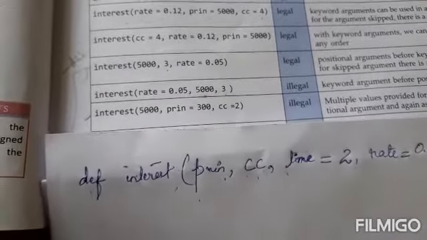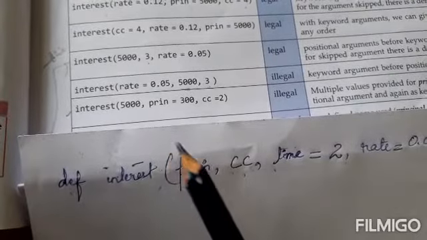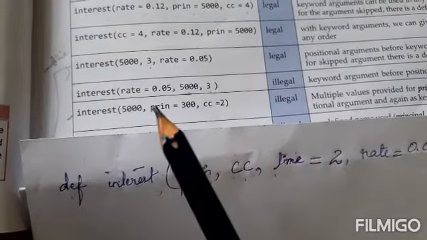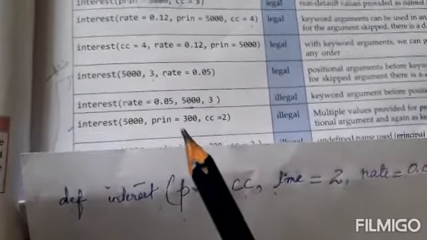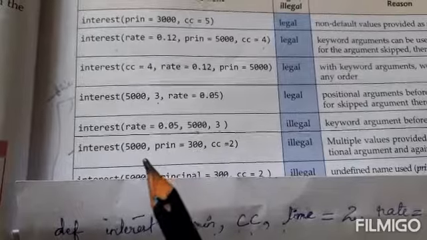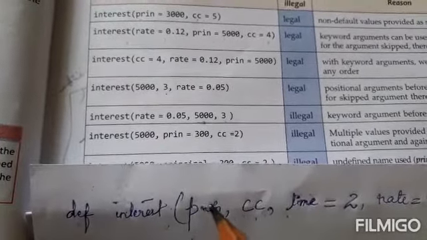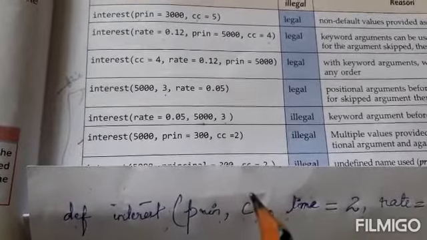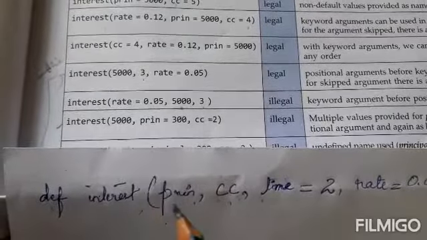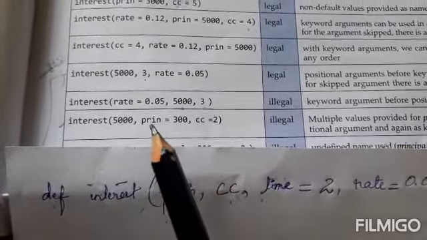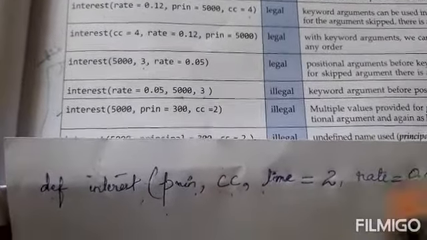The next error that you might come across is this: 5000 is correct, and it will be assigned to principal. But what happened? We have another one here, PRINC. You cannot use two exact same names in your function call. You cannot have more than one value for the same name. So 5000 here is allotted to PRIN, whereas another one here, a duplicate value, is assigned. So this will also be an error.